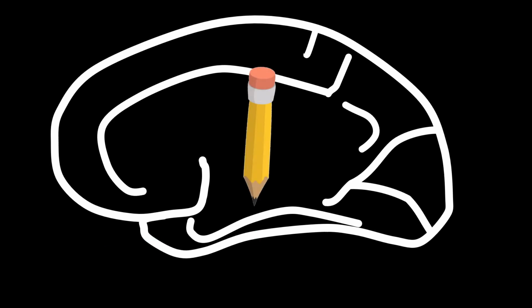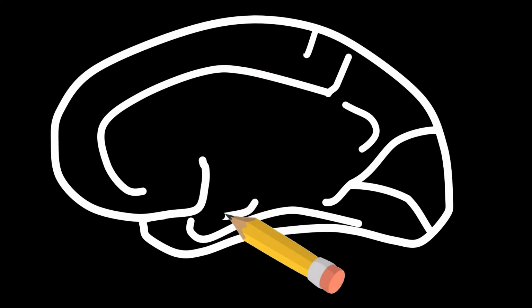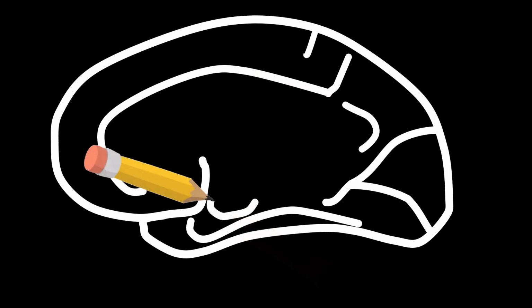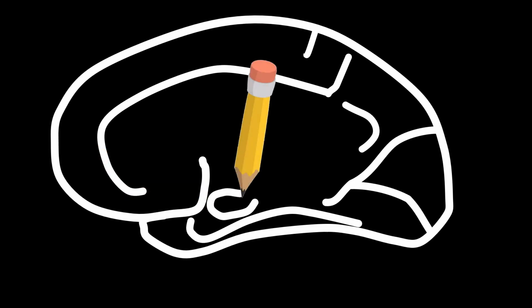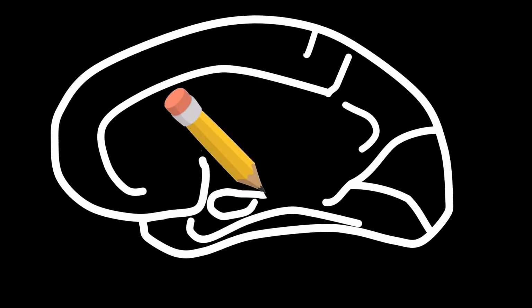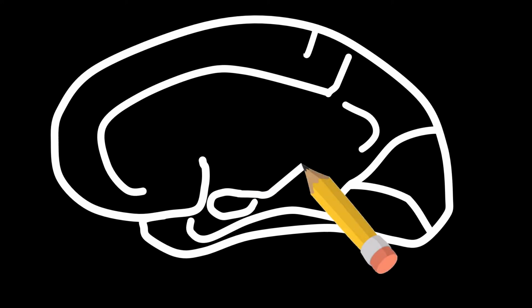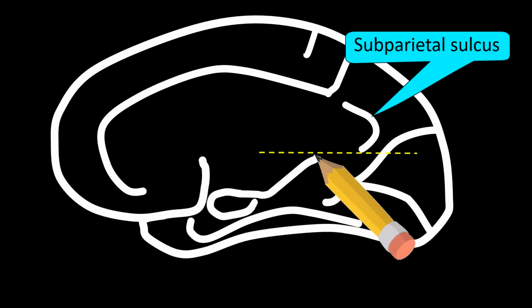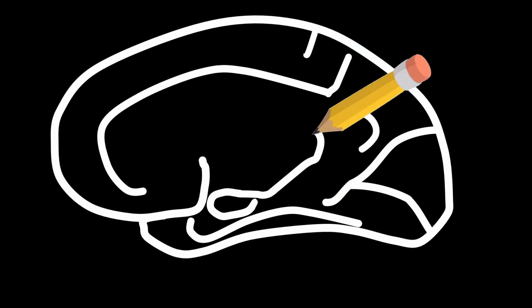At about the middle of the collateral sulcus and just above it, draw a line going forward and again curve it up and then back, and continue the line in the backward direction and slant it up till about the lower end of the subparietal sulcus. Then turn it up